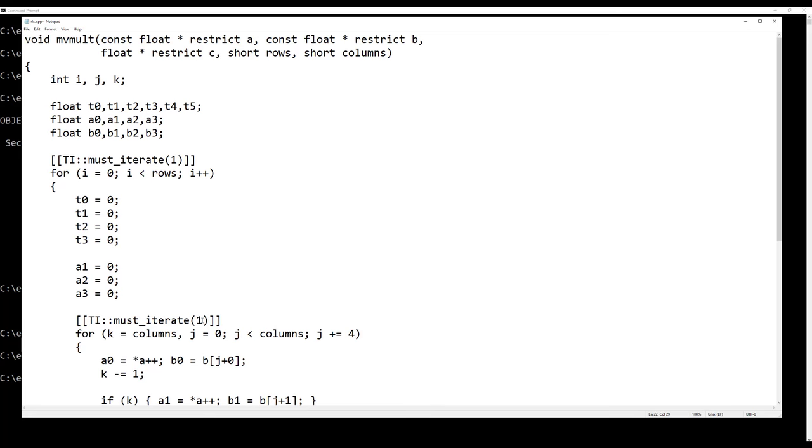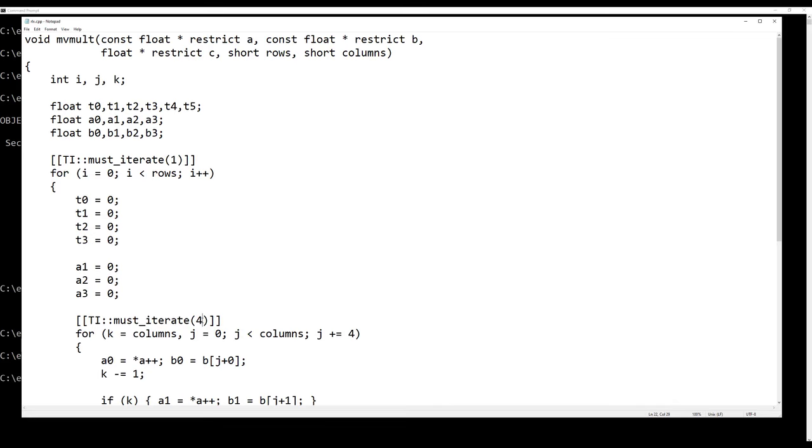And remember, the minimum safe iteration count for this inner loop is 4, so we're going to change it to 4. Now keep in mind, this is just for this demonstration. We're changing it to 4. I'll talk about the wisdom, or rather the lack of wisdom, of doing it this way here in a little bit. But for right now, let's save the file.